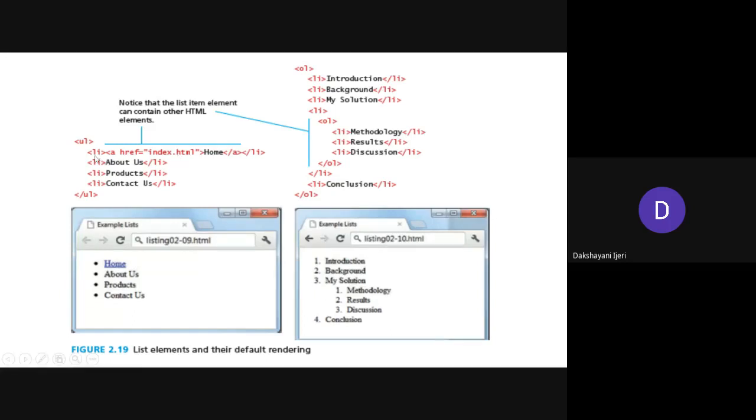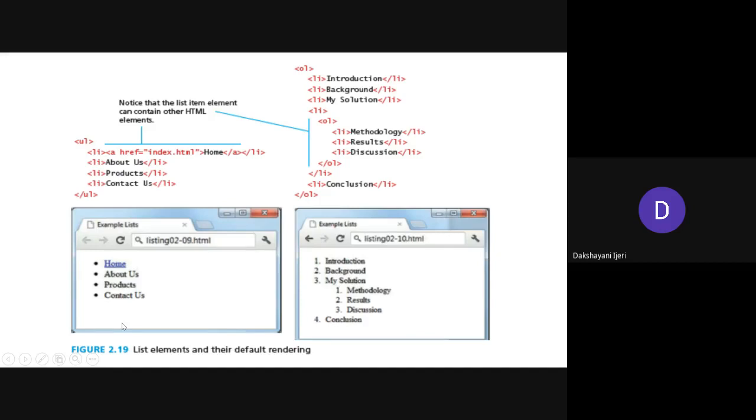So you can see here li has been opened, and after completing the item that you want to cover, here itself it has to be closed. Similarly for the rest of the items, one more li for the next item and close it here itself, and one more li for the products and close it here itself, and one more li for the contact us and close it here itself. Once you feel that all the items that you want to include in this list have been completed, you need to close this element here itself. Is it clear with this example?